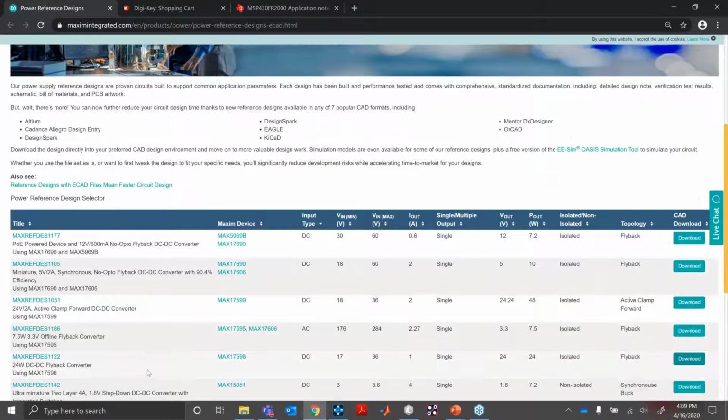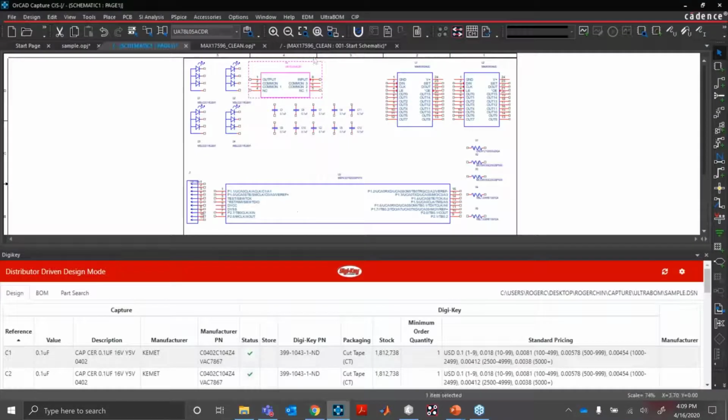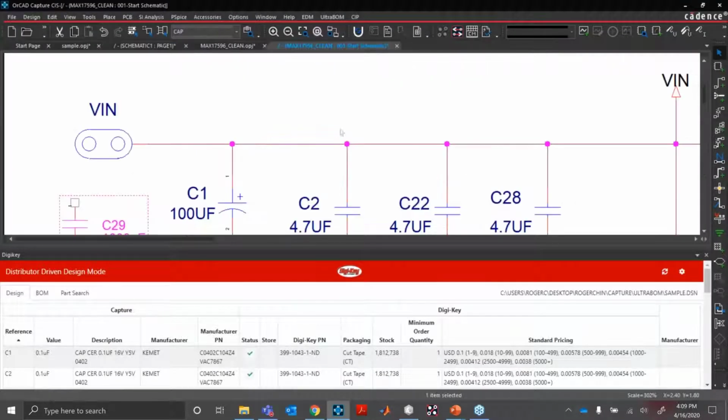I can pick out this flyback, DC-DC flyback converter, and I can simply hit download here, and I can pull in and download from UltraLibrarian and from the Maxim product designs a copy of a reference design to open right inside OrCAD Capture. And I've already done that for you to show you what it would look like to take a whole reference design here